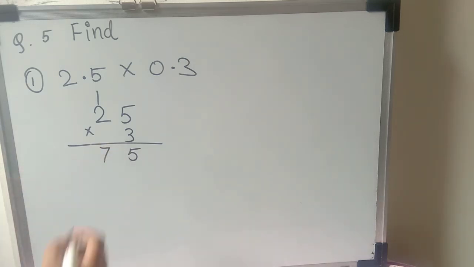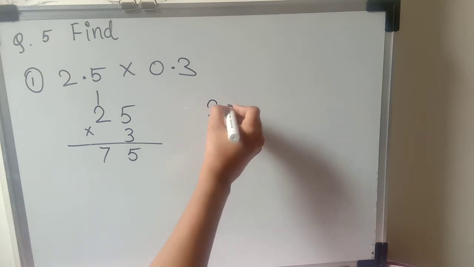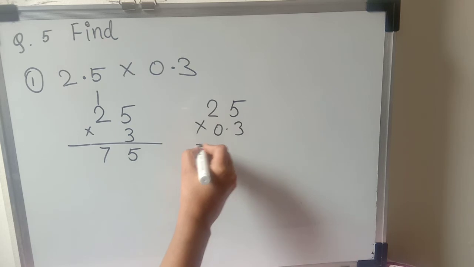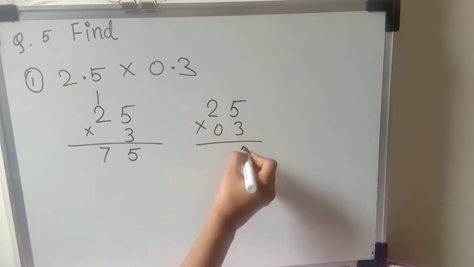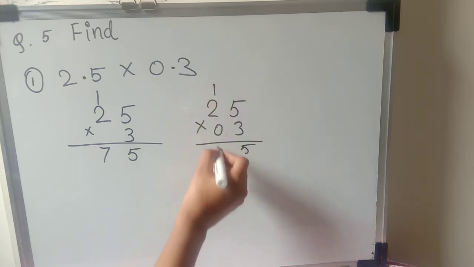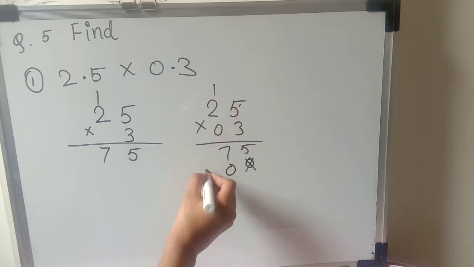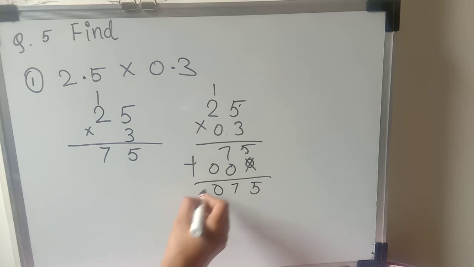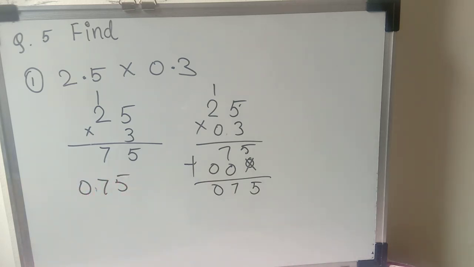Okay, so here one more important thing that we can do is, 25 multiplied with 0.3. If we do this, okay, 0 3, 3 5s are 15, 1, 3 2s are 6 and 1 is 7. Okay, multiply. 0 5s are 0, 0 2s are 0. Then add. Okay, so here 5, 7 and 0. So here 075. We got the answer. Now how to put the decimal now?